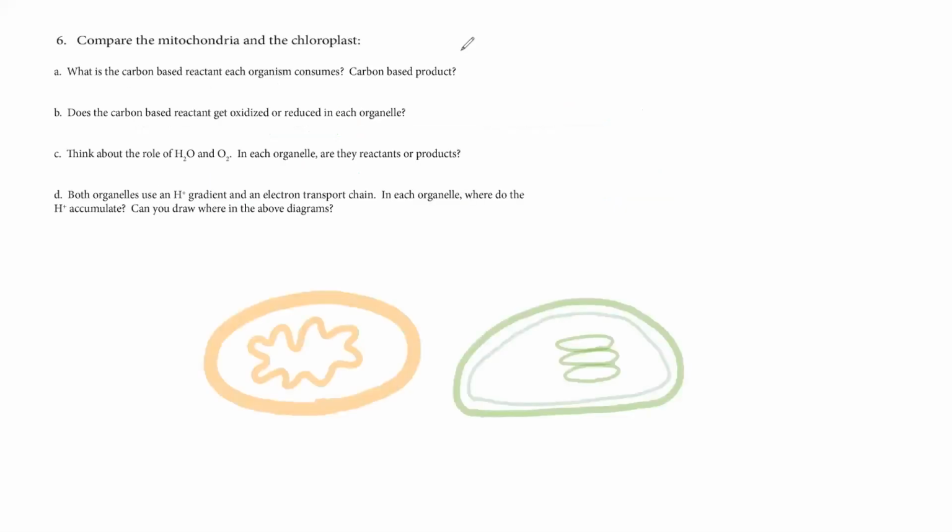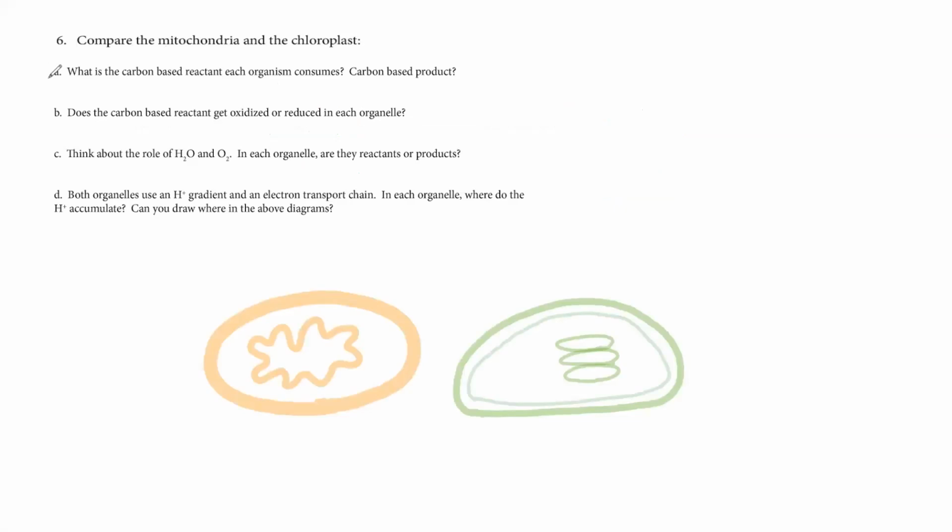Cool. So comparing the mitochondria and the chloroplast, it's so cool because they're opposites in so many ways. So if the metabolism part was good for you, like you remember what's happening in the mitochondria, everything that happens in the chloroplast is the opposite. So let's go through these together. And let's just go through the mitochondria first, since we already know what happens here.